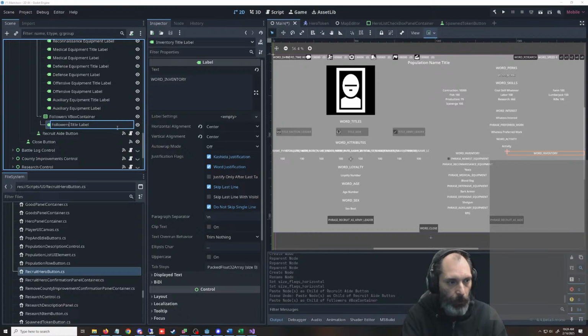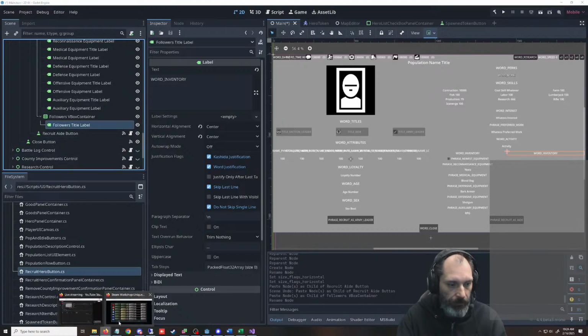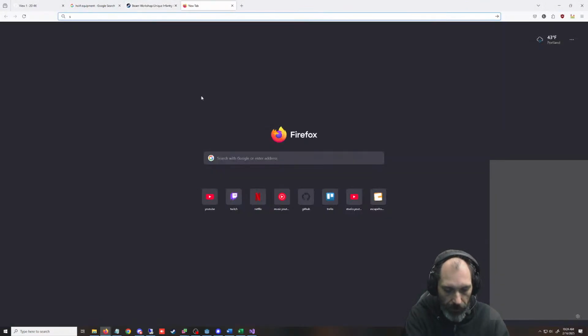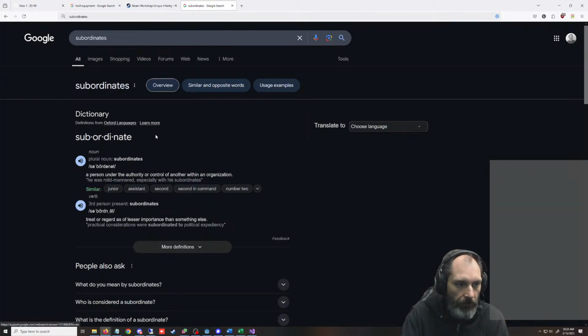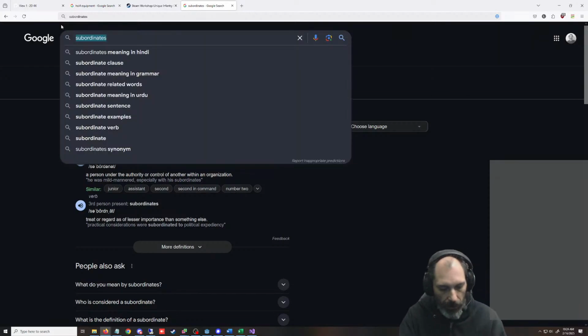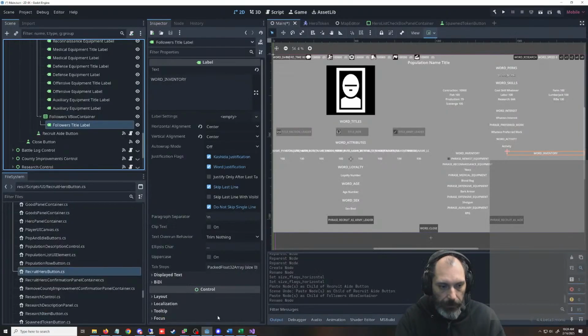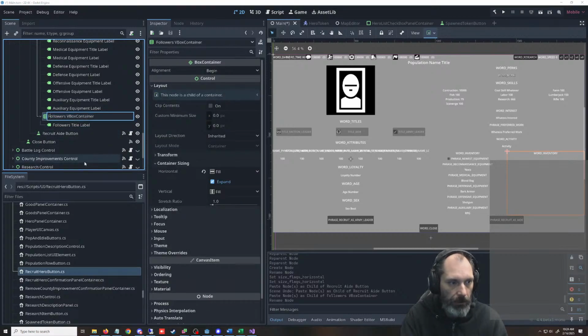Subordinates, is that a good word? Seems like a long, worthless word. Subordinates, with an S: a person under the control of another within an organization, of lesser importance. I think subordinates is what we want, actually. We'll call this subordinates, with a capital S. And then this will be